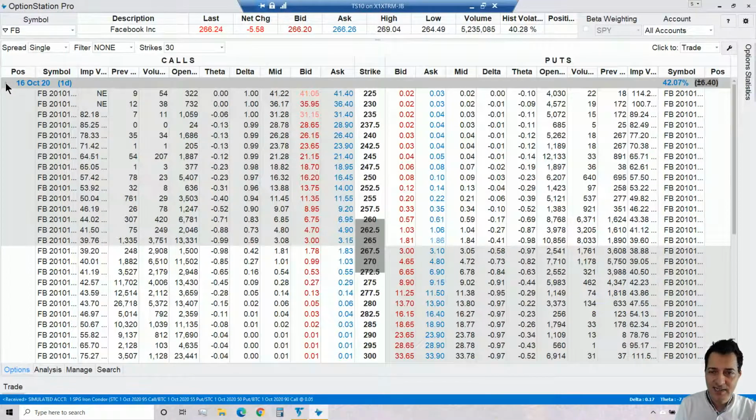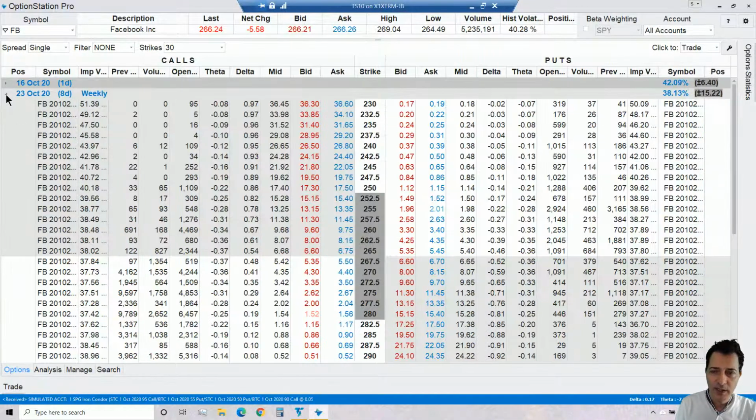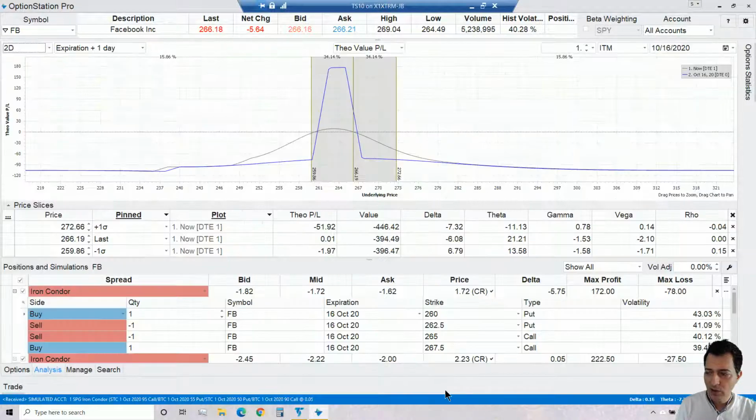We're going to select the expiration date to be October 23. And then I'm just going to right click anywhere to analyze and sell an iron condor. Okay. And that's how we are going to